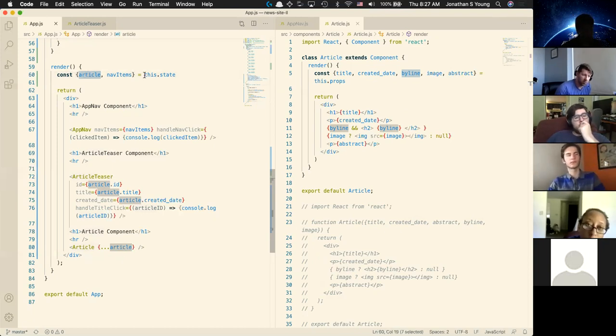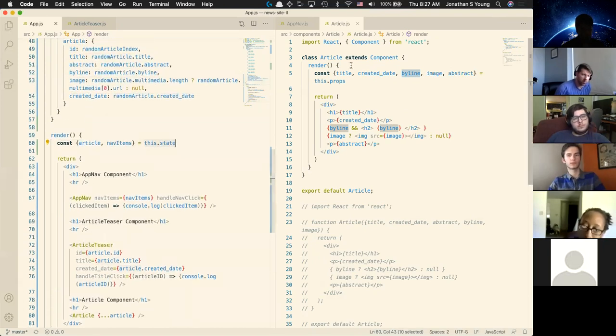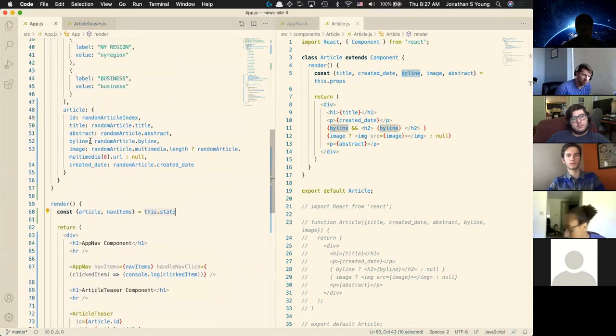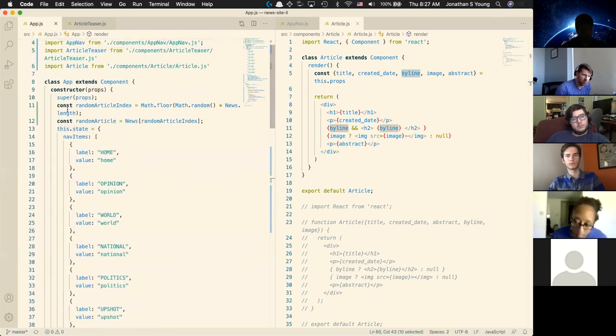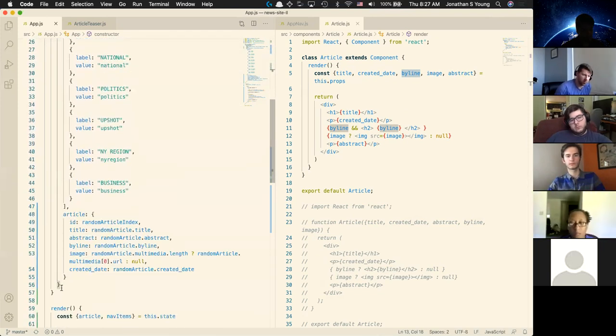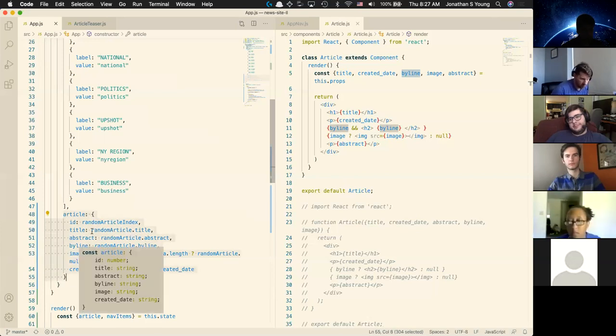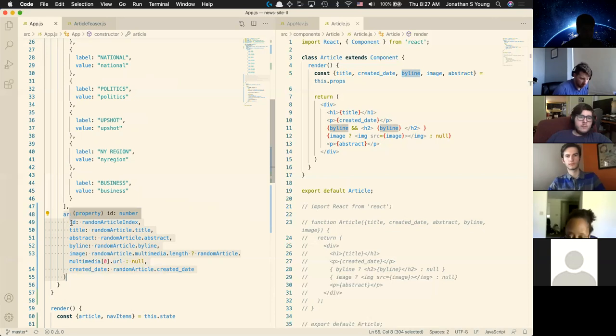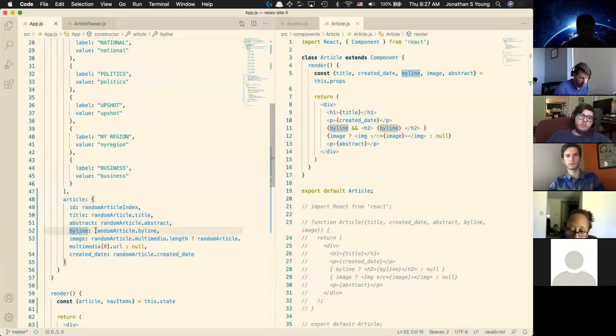Article is found from this.state. That's kind of what we were doing a little bit here on the right side. So inside of this.state, which is right there on line number 13, this giant thing from line 13 all the way down to line 56, there is an article object on there. And each one of those articles has an ID, a title, an abstract, a byline, all of this over here. It has all of these